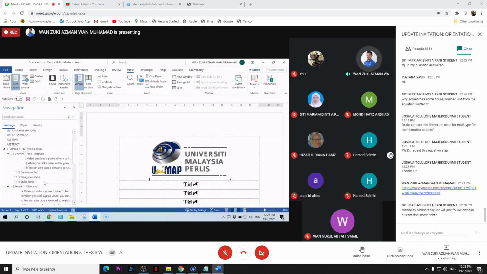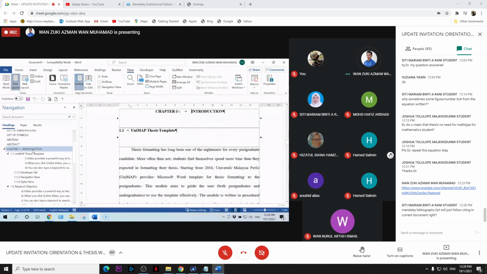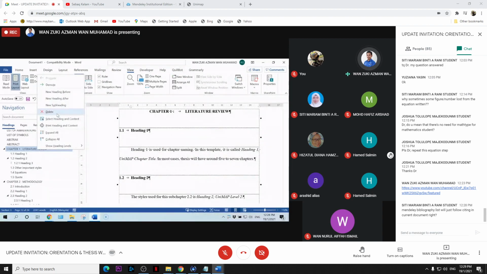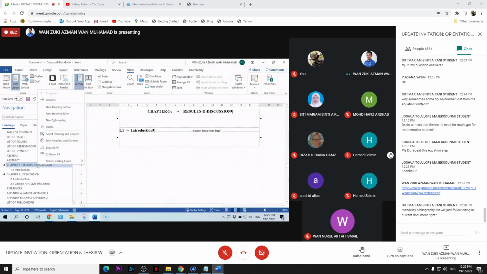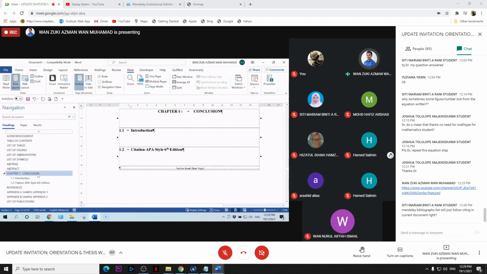Now you need to delete the chapter 1 provided in the template, because we want to insert our own chapter 1. Right click, delete. Literature review, right click, delete. Methodology, right click, delete. Results and discussion, right click, delete.